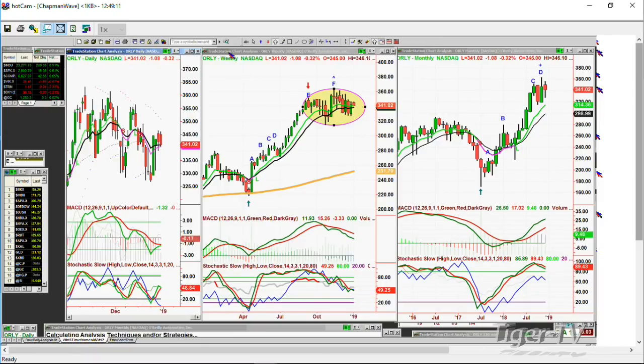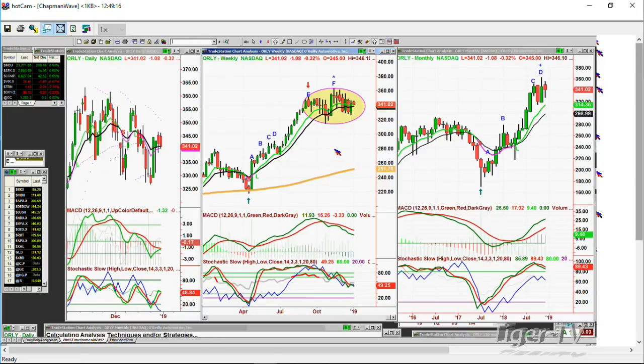So would I short this or would I buy it? Right now, nothing. I just look at it and say, okay, Orly, tell me what you got at 341. There are other stocks that we could mess around with for 341. Okay. Next question I had was